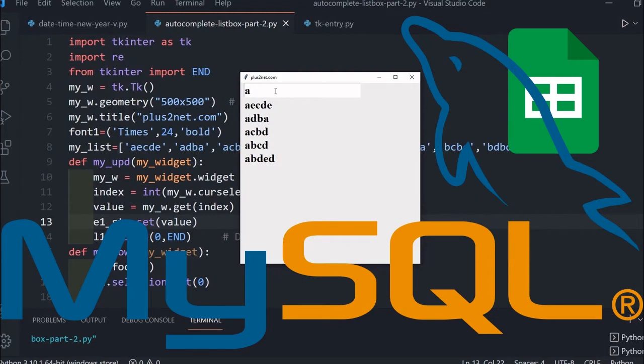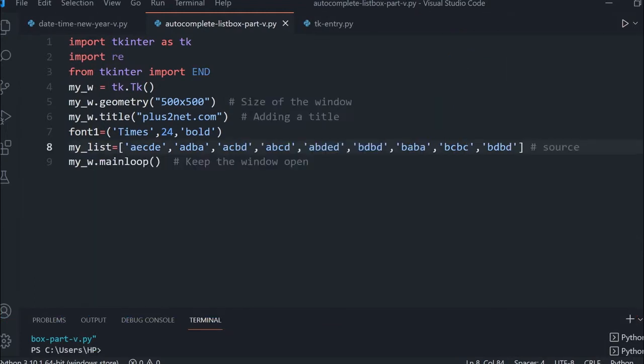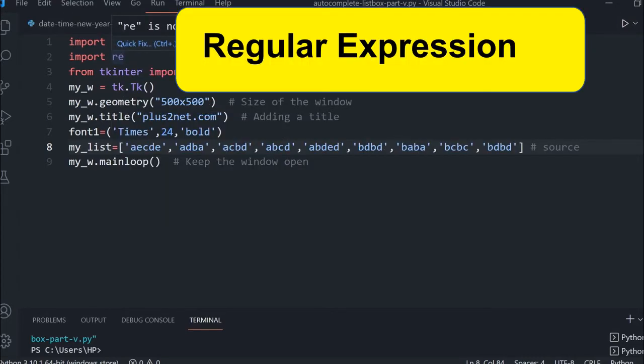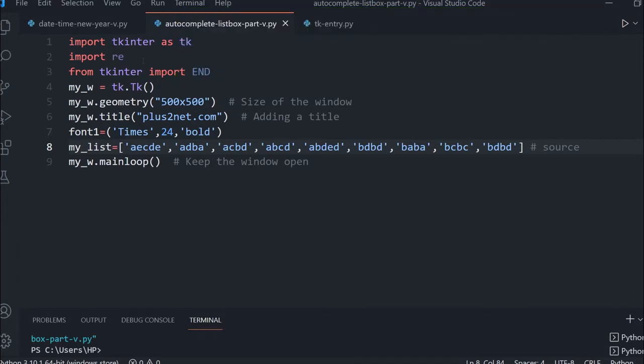We'll start from a blank window. So we are importing, as usual, our Tkinter library, then importing re. re is for regular expressions. With a regular expression, we can get matching data from a string that matches a pattern. I can search, I can filter it. So that regular expression library I am importing, and I am importing it because I will be using it further on while deleting the values from my list box.